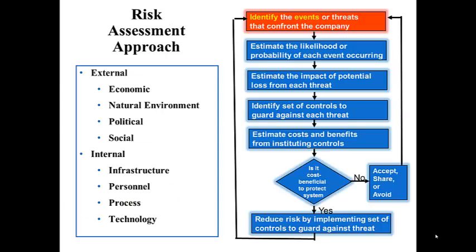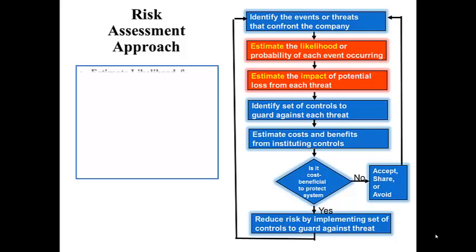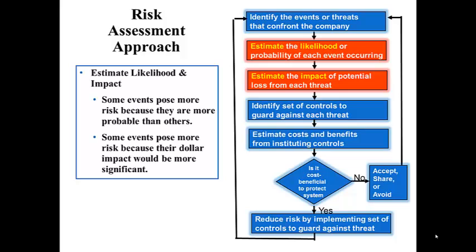So here is a flow diagram of what a company does. They identify the threats or the events that confront the company, and these can come from external or internal sources. They estimate the likelihood or probability that each event could occur, and this could be done by assigning a percentage of probability. And they also estimate the impact of potential loss for each threat, and this could be in terms